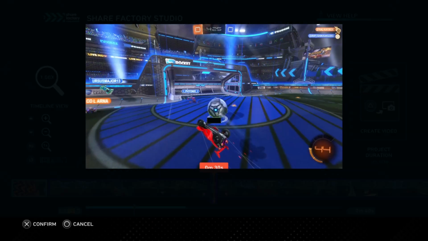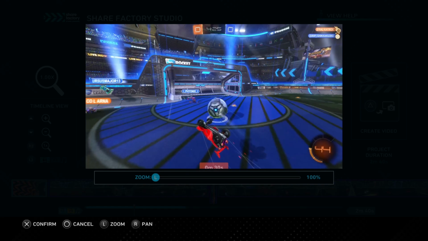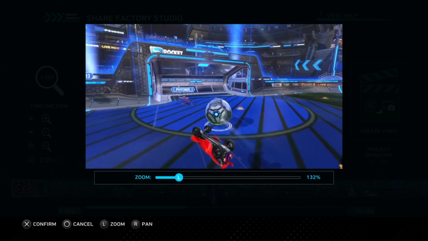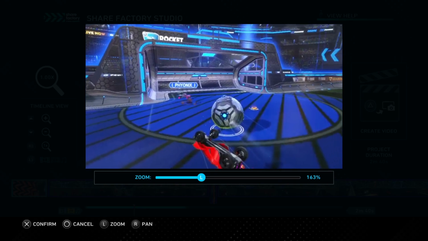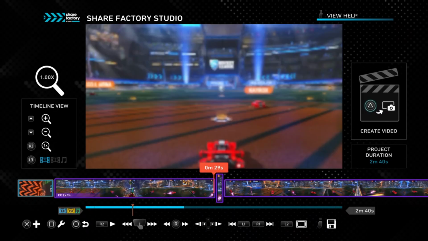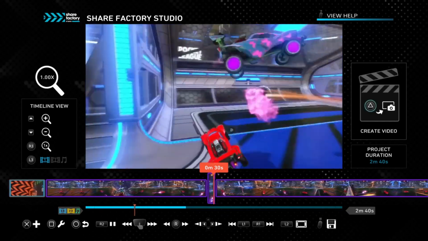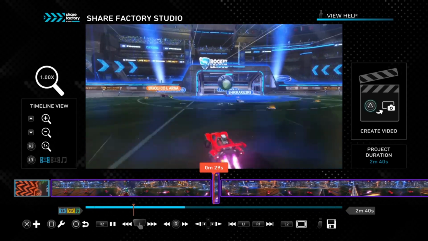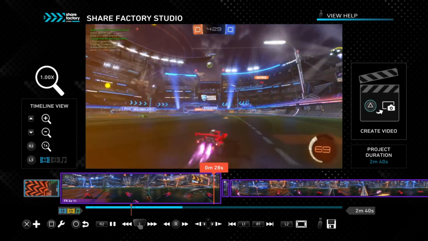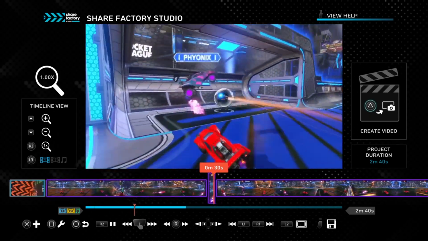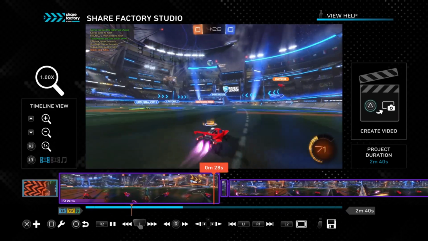Nice. So now we can go back to pan and zoom, and we can zoom on that particular sequence. And the whole video is going to remain the same except for that one bit. See, it just zoomed in on that one bit, which is really good. That works. Nice. So with that done,